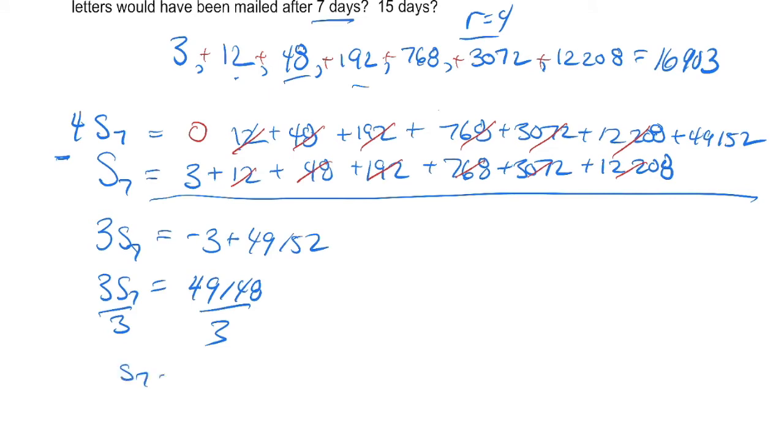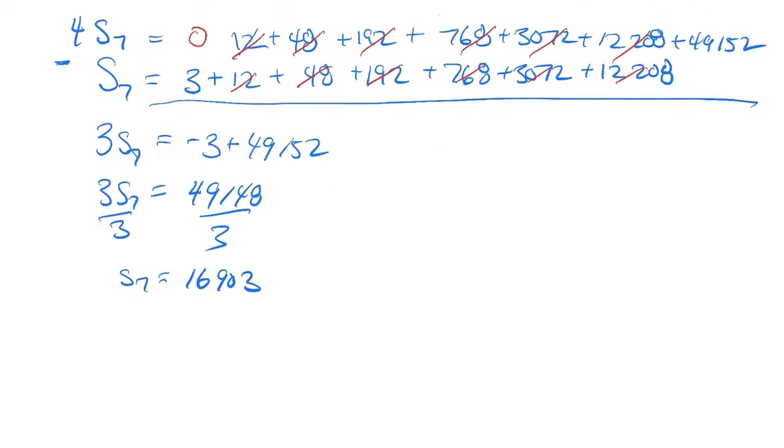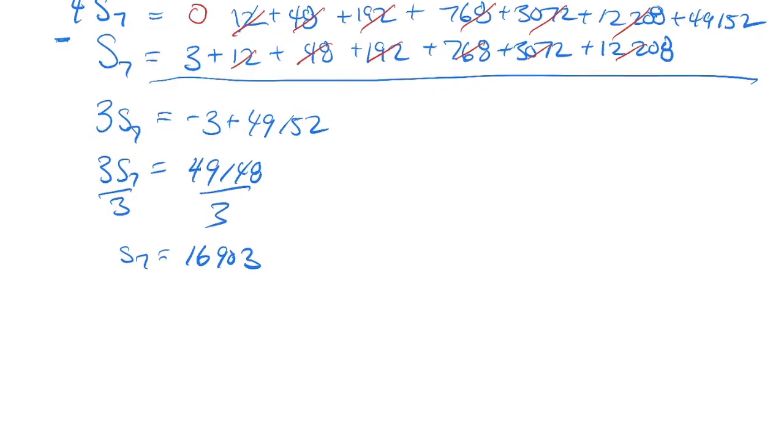So in order to get S7, we're going to divide both sides by 3. And so S7 is 49,148 divided by 3. Plug that in the calculator, and lo and behold, we get 16,903. So the same answer as if we did it by hand. So how can we say this in general? So in general, if we have a series,